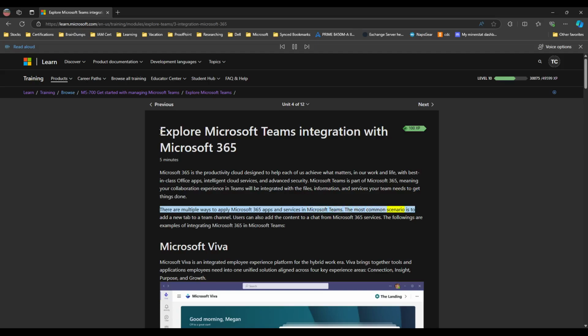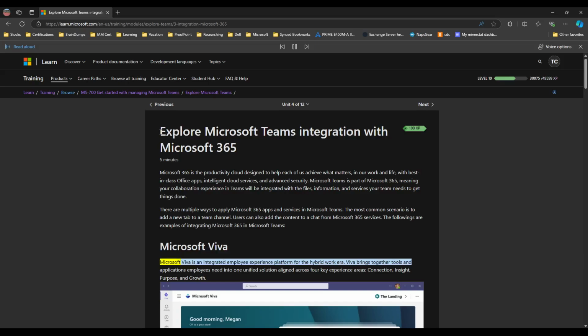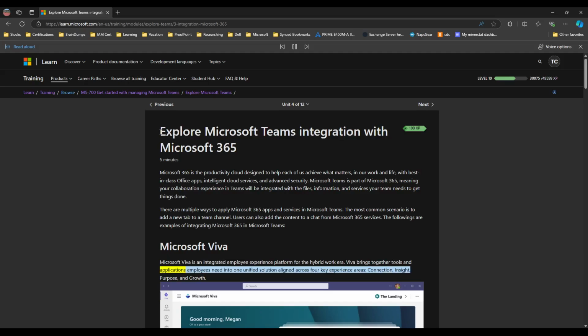The most common scenario is to add a new tab to a team channel. Users can also add the content to a chat from Microsoft 365 services. The following are examples of integrating Microsoft 365 in Microsoft Teams. Microsoft Viva. Microsoft Viva is an integrated employee experience platform for the hybrid work era. Viva brings together tools and applications employees need into one unified solution aligned across 4 key experience areas: connection, insight, purpose, and growth. For example,